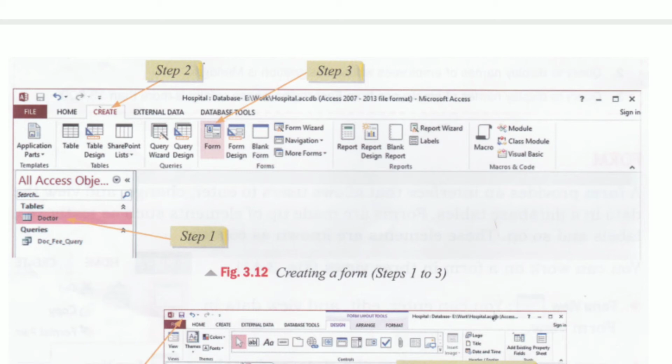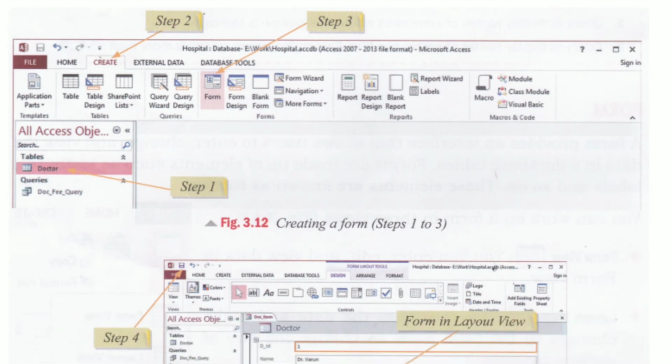After creating a form, three new tabs will appear. There are two figures, as you can see on the screen. In the first figure, we are just creating the form.